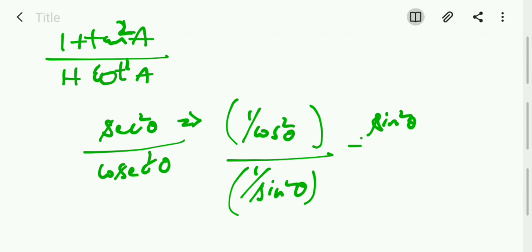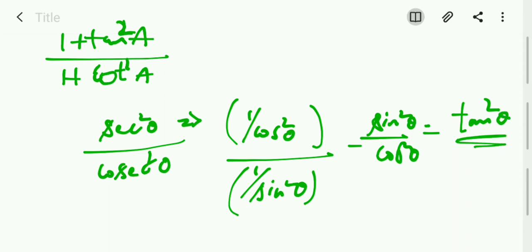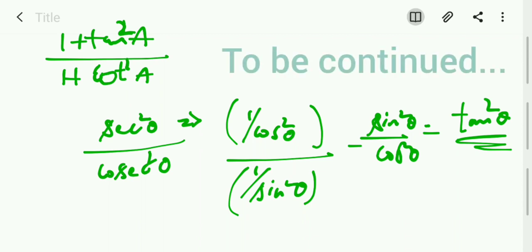So sine square theta by cos square theta, which is nothing but tan square theta. Look, the sums are really, really easy. Okay, there are some higher level problems which we'll be discussing very shortly, but make sure you learn all these basic sums. Okay, now moving on to the